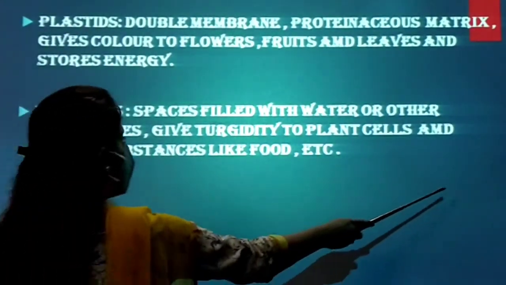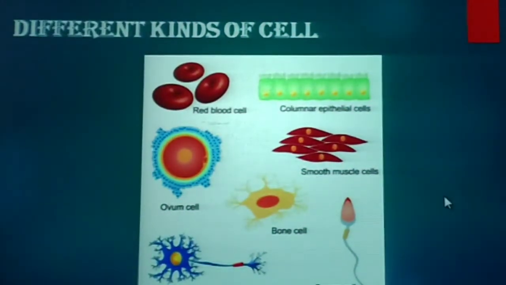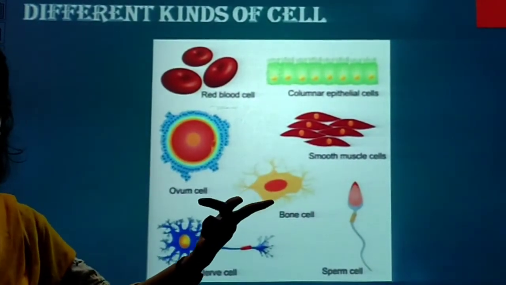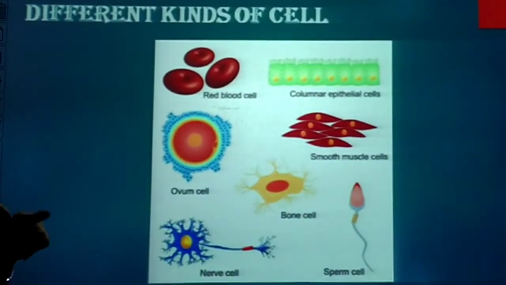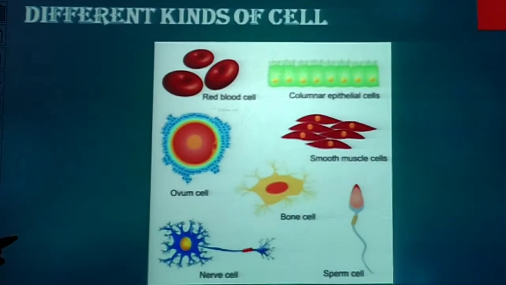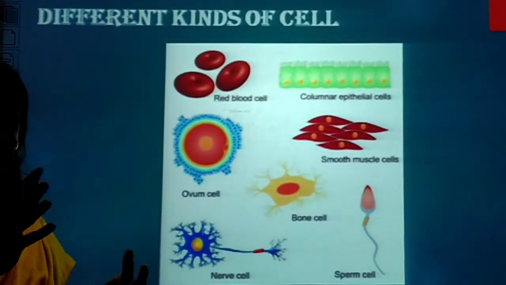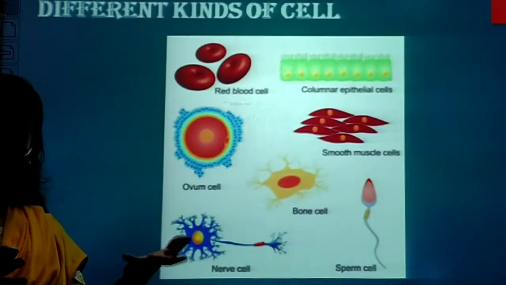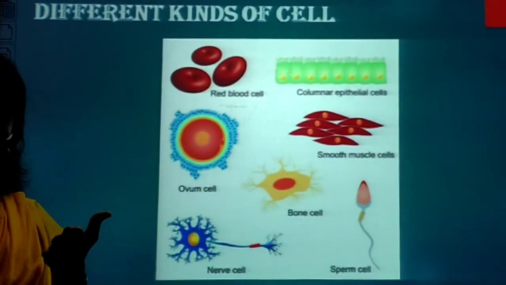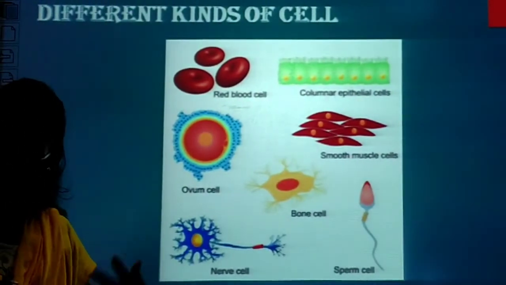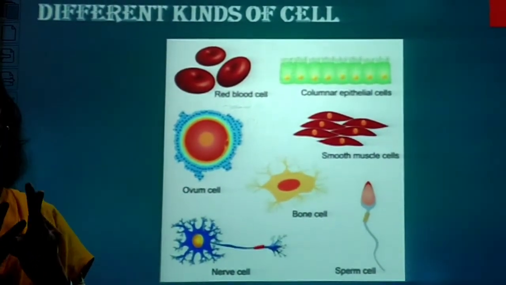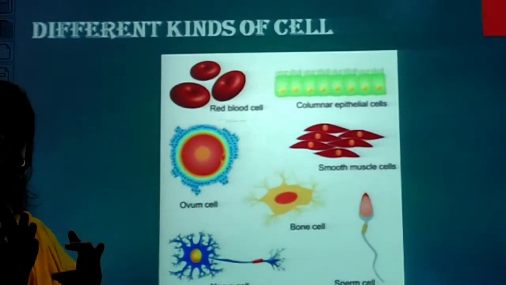Apart from this, we will move to the next part of our chapter: different kinds of cells. We are already done with the plant cell and animal cell, their cell organelles, and their functions. These are the important topics of this chapter, very important, as we get questions mainly from these topics. If the question comes like, starch is present in which type of plastid, you will be able to answer leucoplast, chromoplast or chloroplast easily. Characteristics and functions, at least two, are very much important to study in this chapter